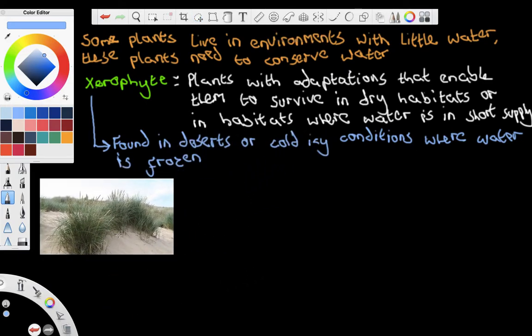Now, in your specification, it does mention that you need to know about marram grass. Marram grass is a xerophyte, and we're going to talk about some of the adaptations that xerophytes have. These aren't necessarily all found inside marram grass, so you're going to need to do your own research to see which ones specifically apply to marram grass. However, some of them will be found, okay? So we can put xerophyte adaptations,